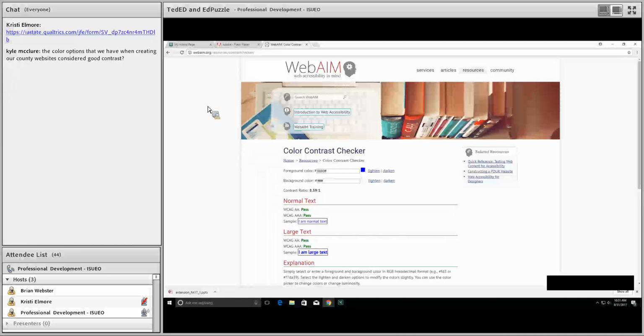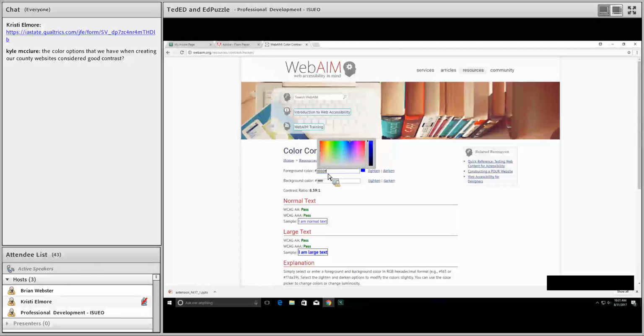So as you see here, there's this website or application on the web, through this organization, WebAIM. WebAIM is an organization that has been around for a long time and they work on accessibility. That's their goal, that's their mission. So they have developed this contrast checker. When you're making color decisions for your design or your content, you can go and check it here, and you just click on the field, and you can select. Even if it's not the exact color, you can do an approximate